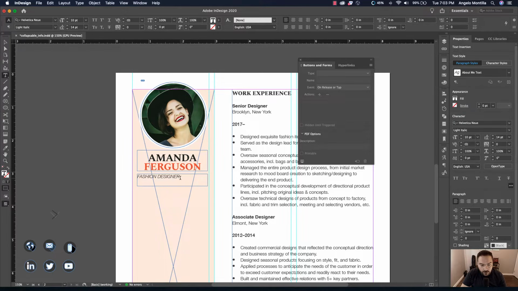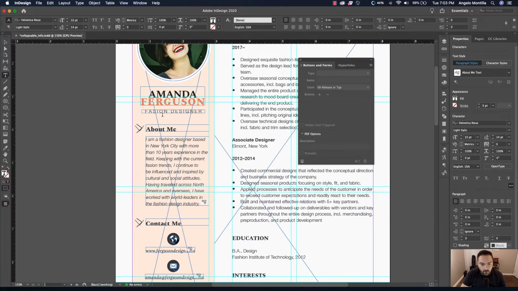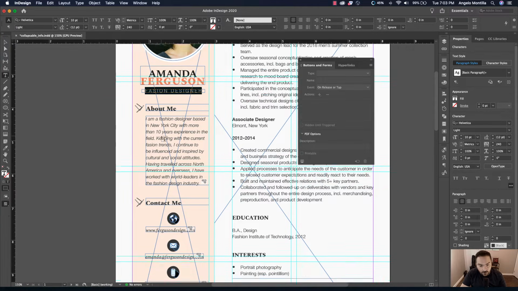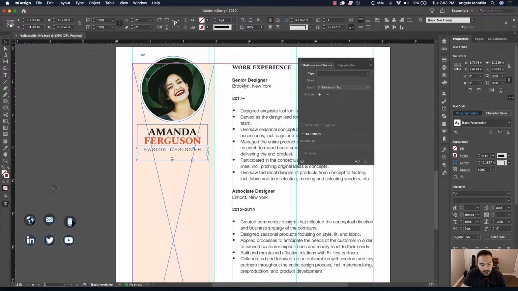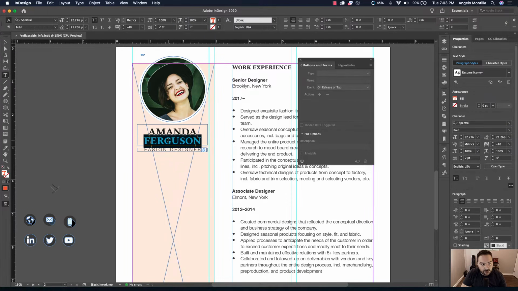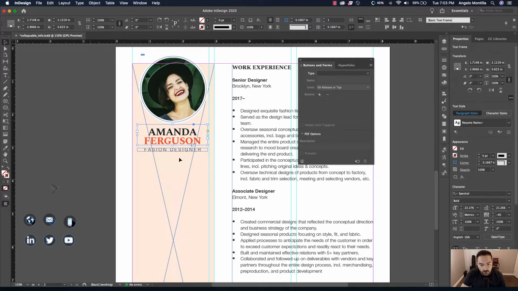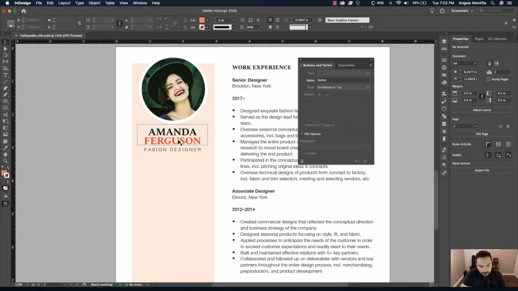There we go, fashion designer. That's not what I want. This is what I didn't create, I create a style for that. So I'm just gonna copy it and then paste it in here. And that is Helvetica 10 point. So I'm using a combination of Helvetica and Spectral, which I found was a good combo together.